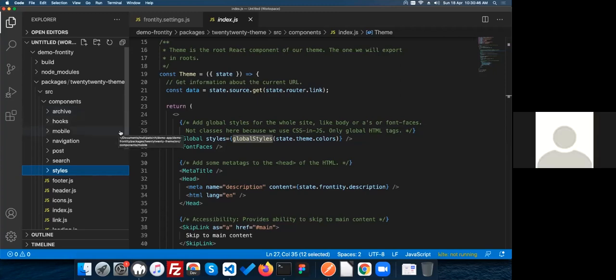Is it required to create two setups, like you have passed one URL to the Frontity, and another setup is already running on another URL? So is it required to set up both things, or is it okay to set up only Frontity and run the site?